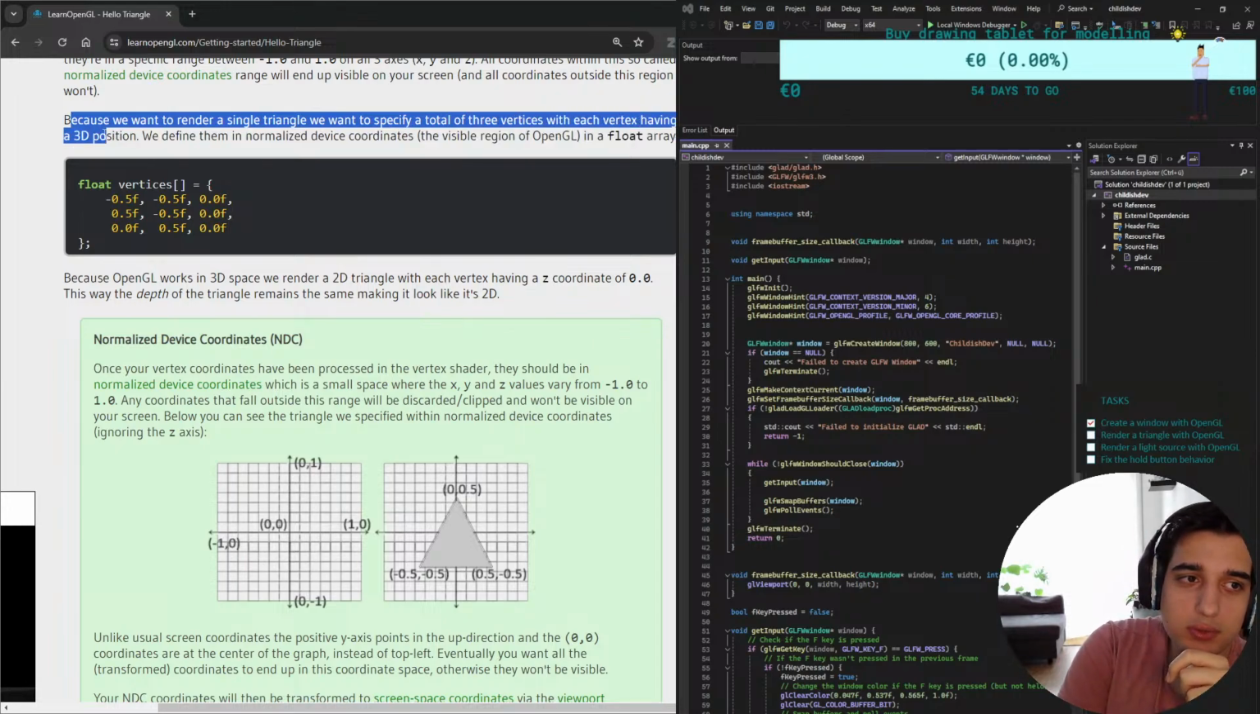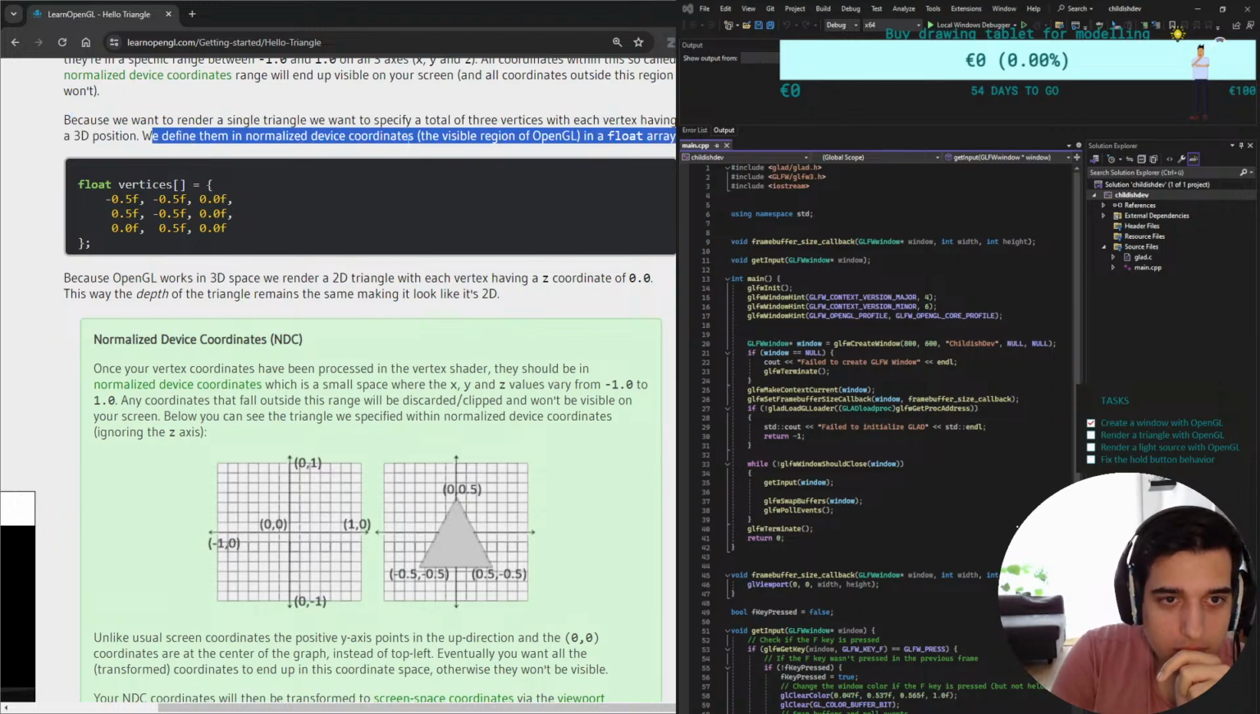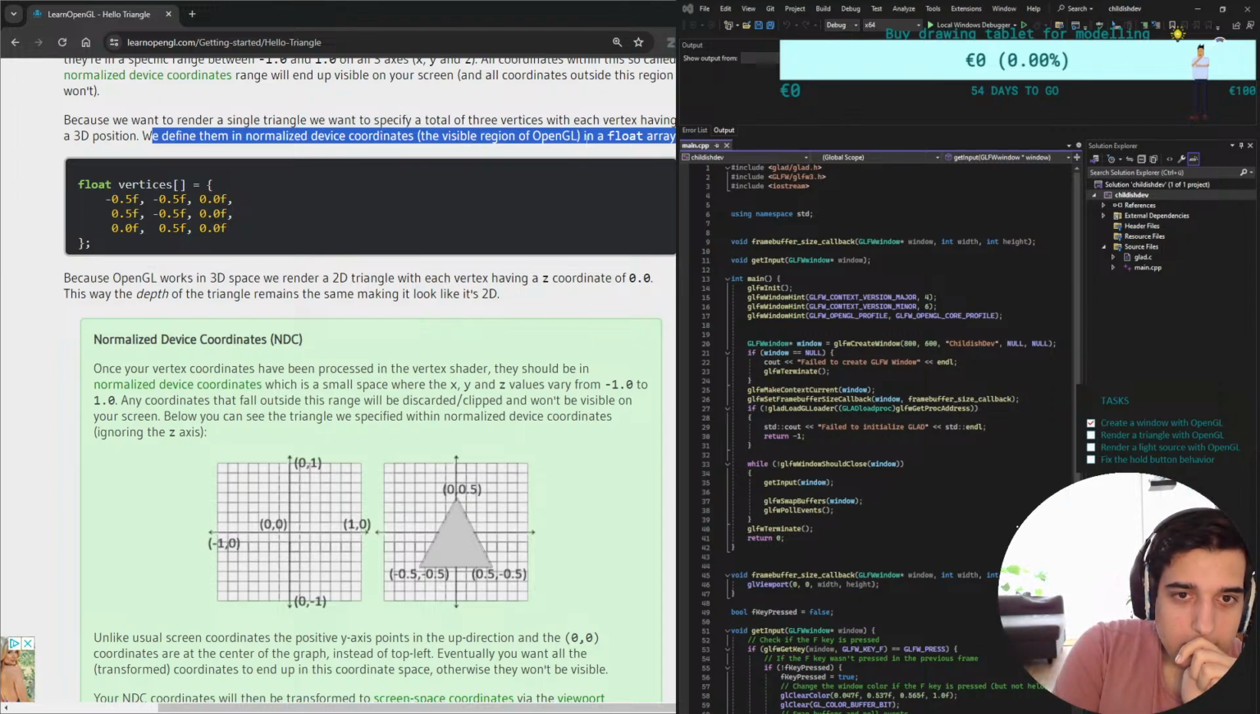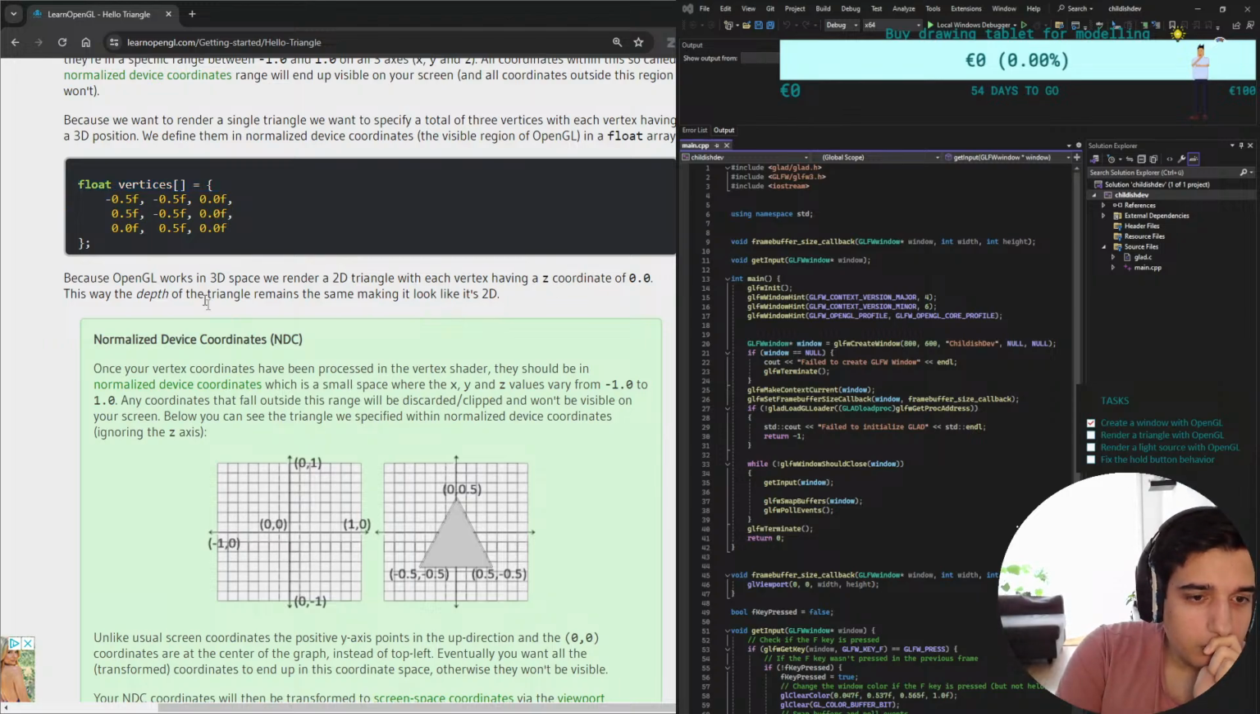Because we want to render a single triangle, we want to specify a total of 3 vertices, with each vertex having a 3D position. We define them in normalized device coordinates, NDCs. The visible region is simply